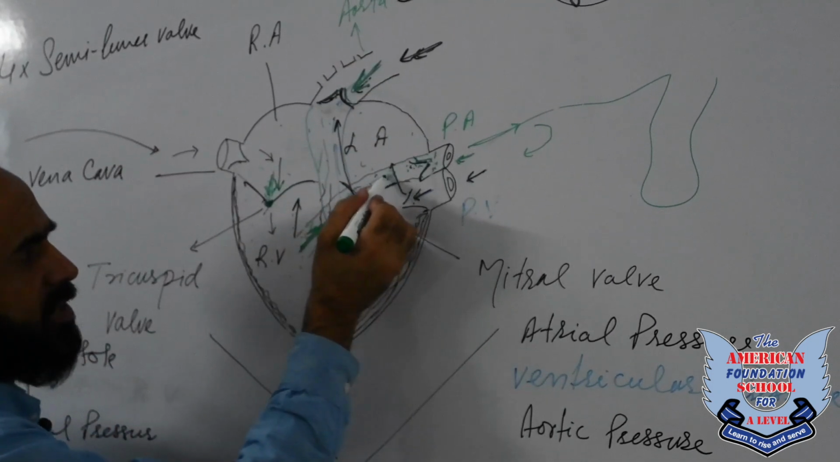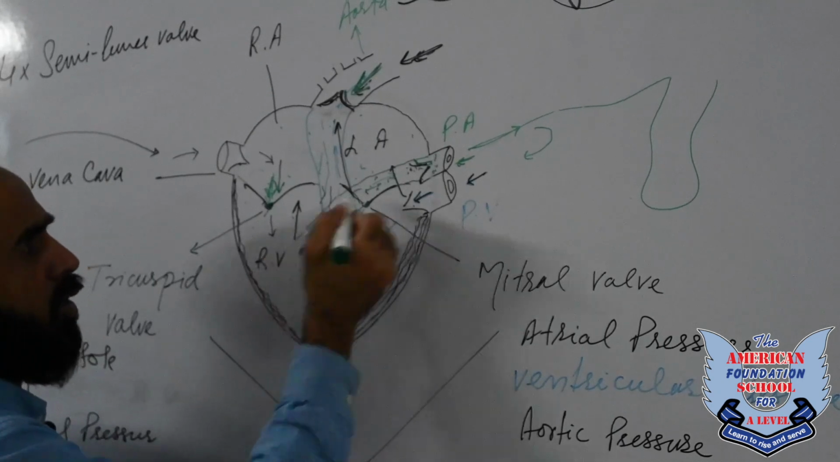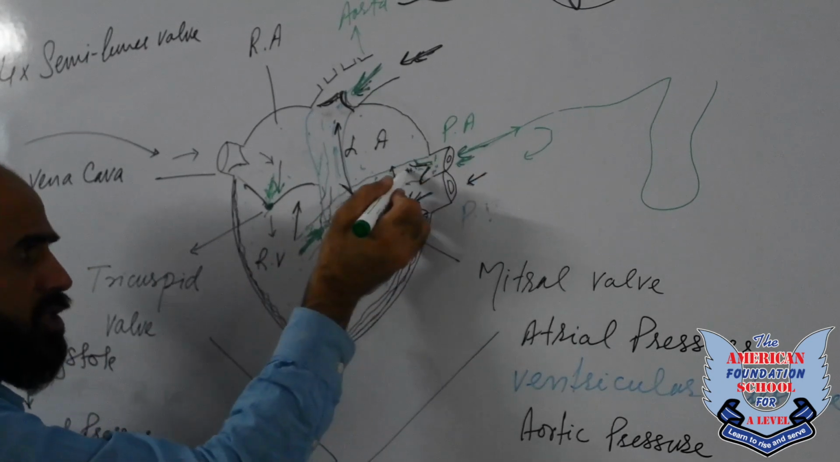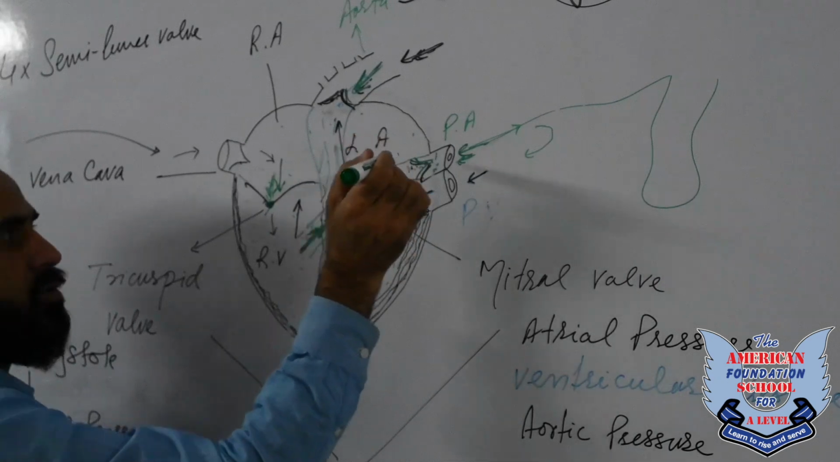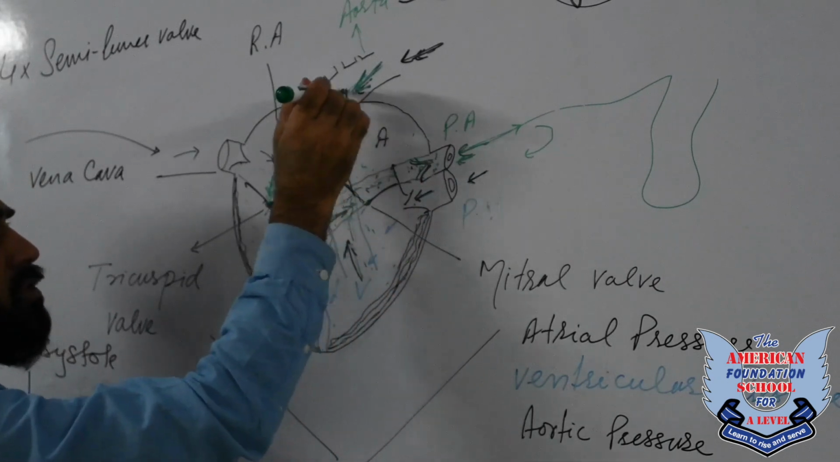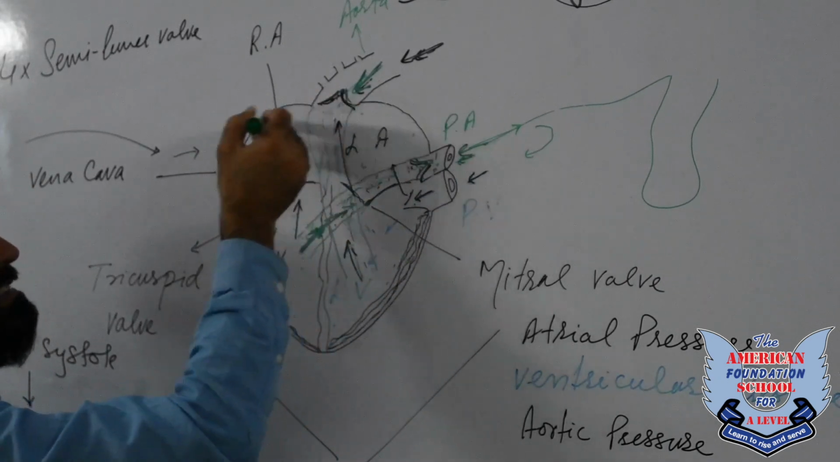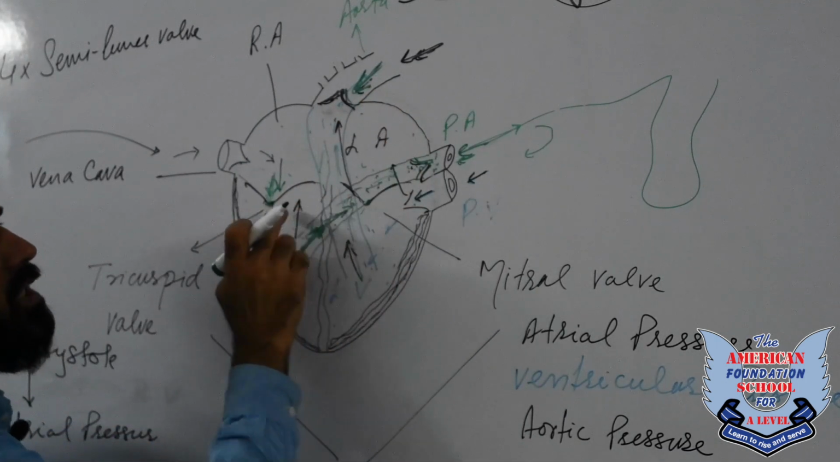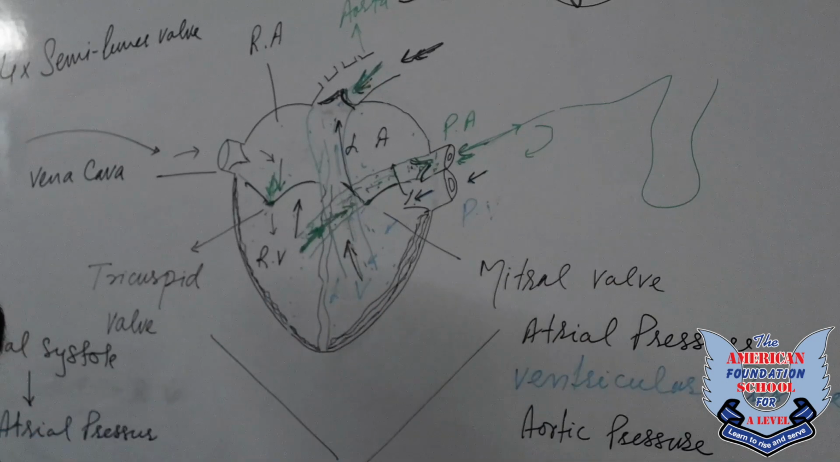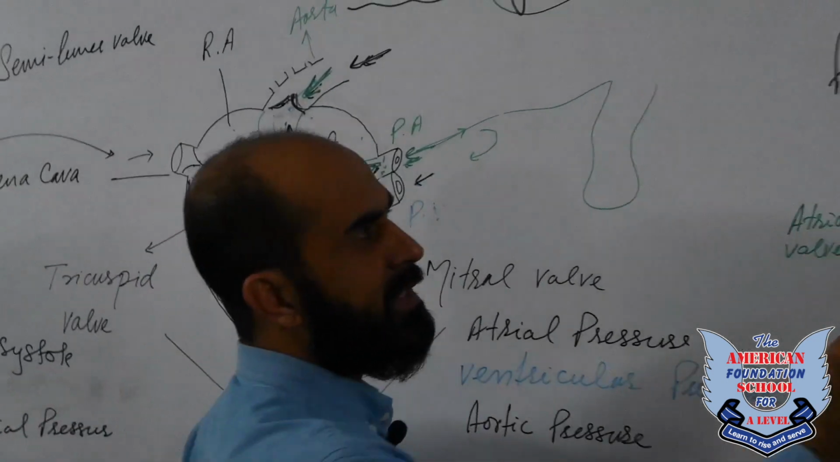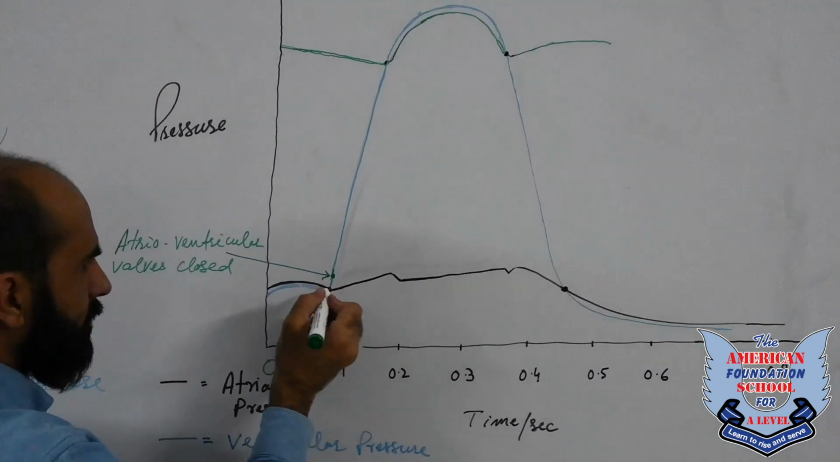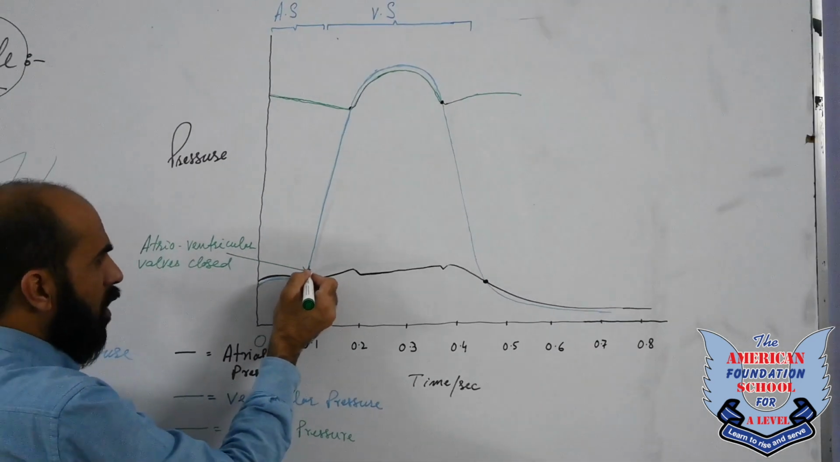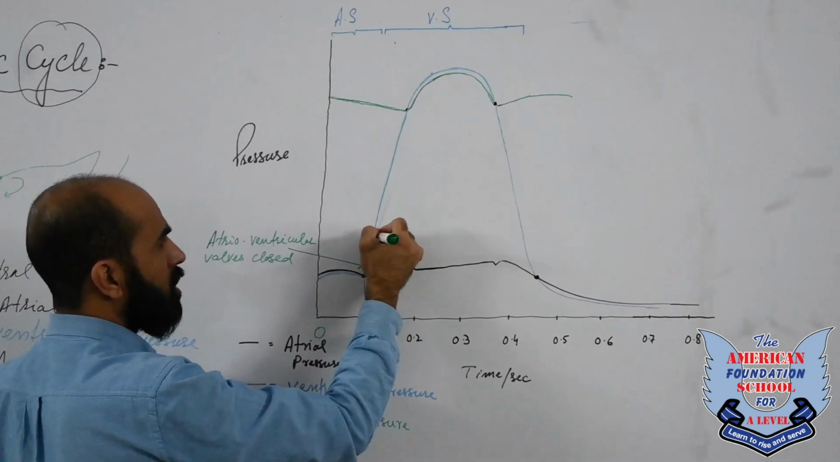The same is the case here. This pressure is lower than the backward pressure, so this valve also remains closed. So this valve closed, of course this valve closed, and all these semilunar valves closed, while these two valves also remain closed. So this is the time when all the 6 valves remain closed. Once again, at this point, all the 6 valves close,